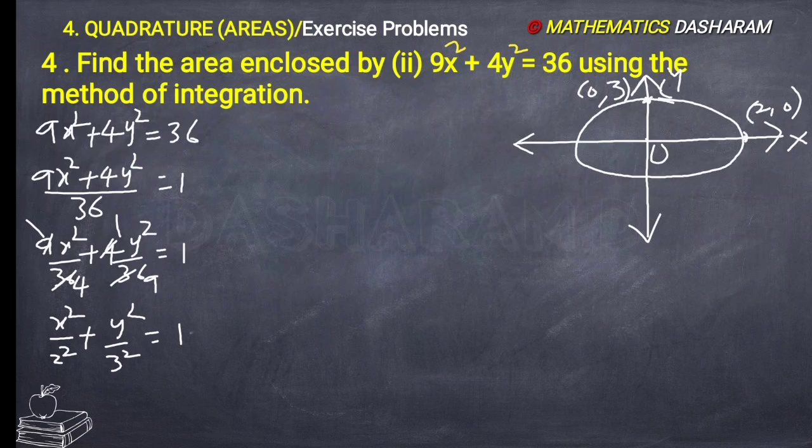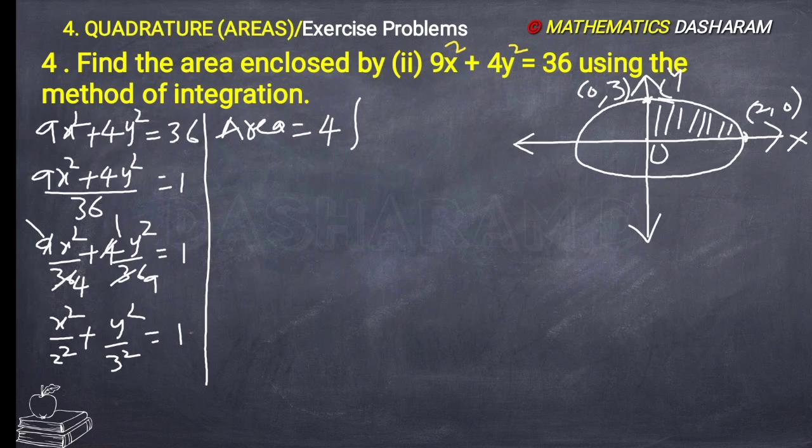So we know that it is an ellipse divided into 4 equal parts. This is the first part, second, third, fourth. These 4 parts are with equal area. So that is why the required area, area means the area of the total ellipse, equals 4 into integration of this area. Okay, why? Because all 4 parts are equal area, that is why 4 into 1 part. So 4 into this part is equals to the total area of an ellipse. So here the limits are what? Here 0 to 2 is the limits, 0 to 2 y dx.